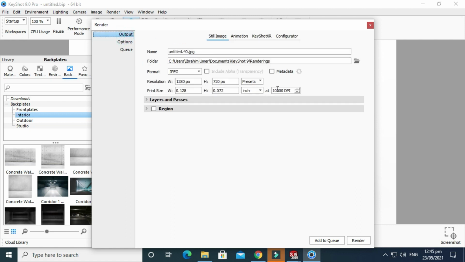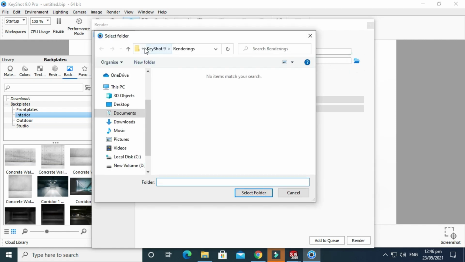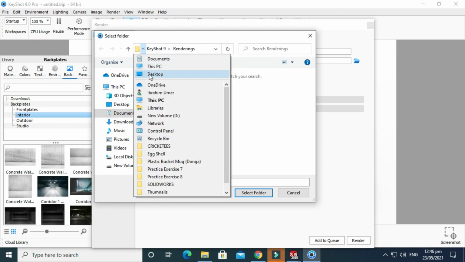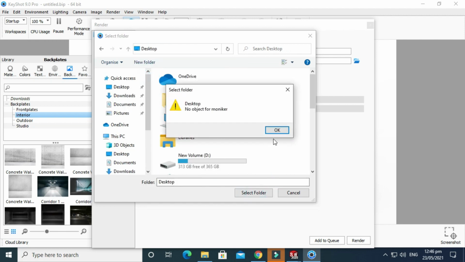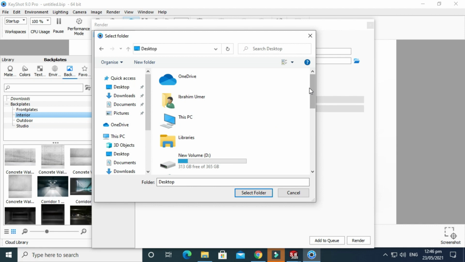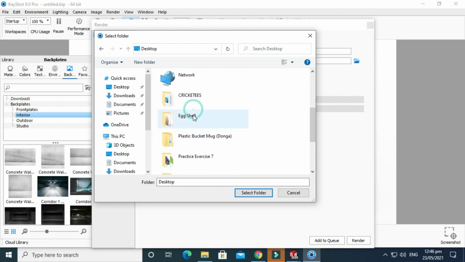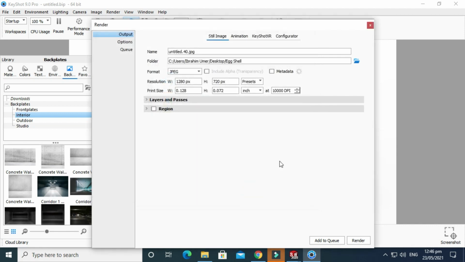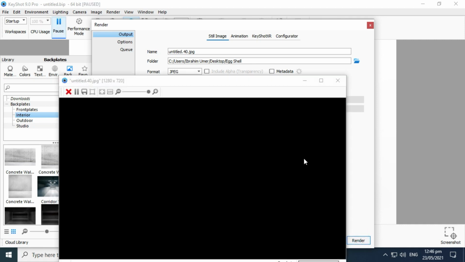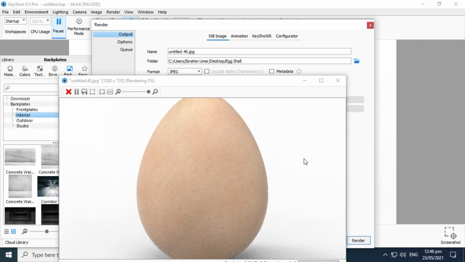And I'll go to output, and I usually use 10,000 dpi, and let's say I'll change my location to desktop, and I'll select OK. Next I'll check this render box, and it will calculate the rendering.